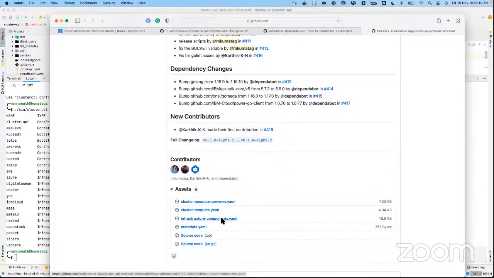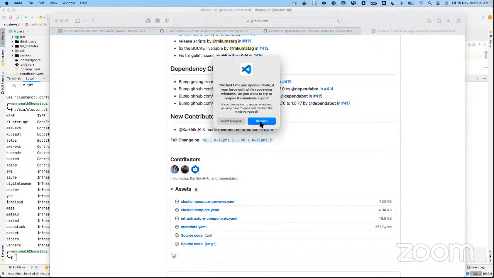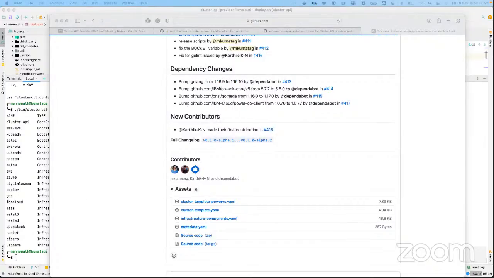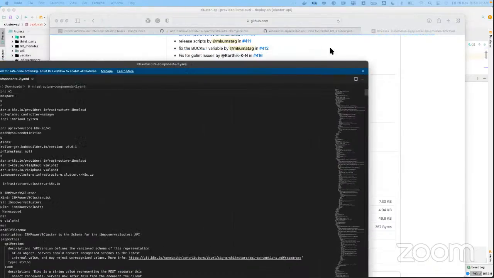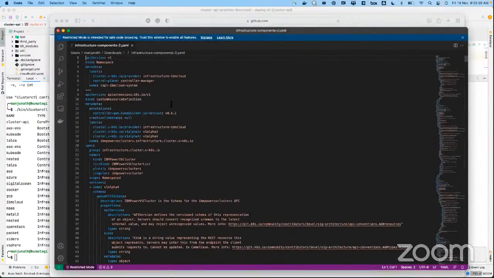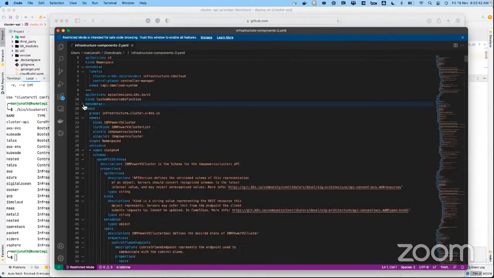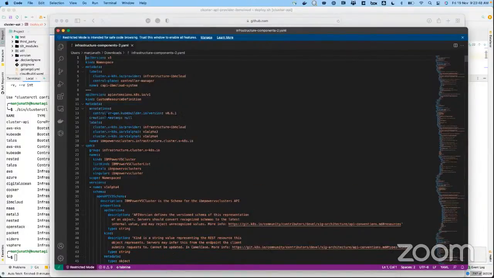So we can probably take a look at it. This is the file which contains the entire set of different YAMLs responsible for deploying your CRDs for IBM Cloud.